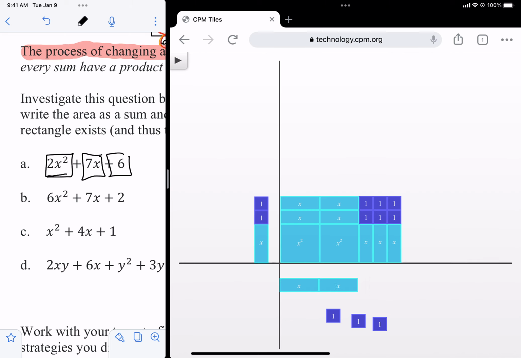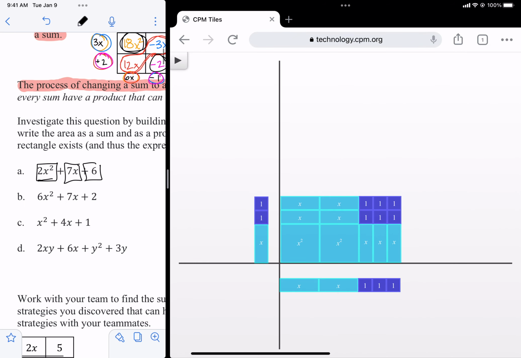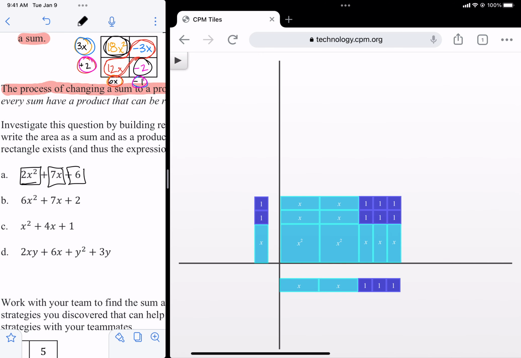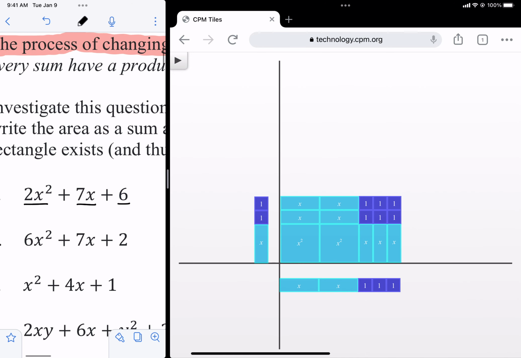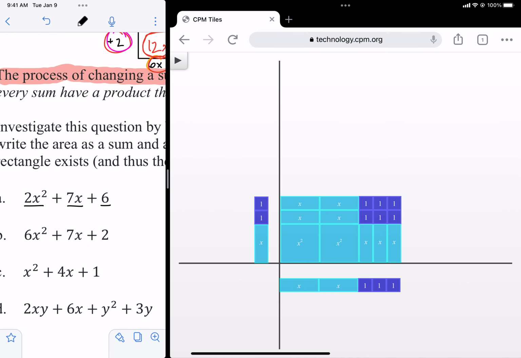So we have 1 x there, another x there, and then we need 3 unit tiles to cover that same distance. So what that tells us is that this can in fact be factored. What factoring means is it's our ability to turn this number of tiles, so 2x squared, 7 x's, and 6 unit tiles,